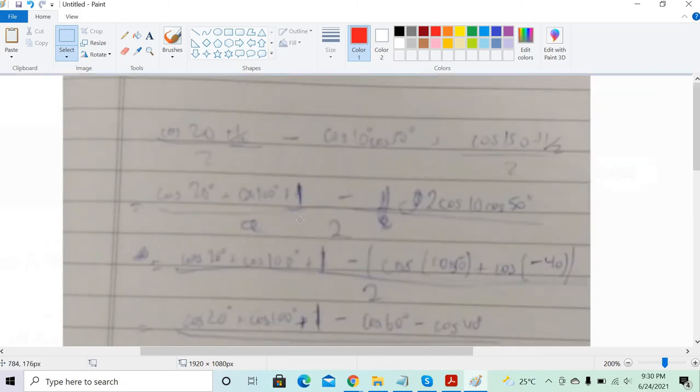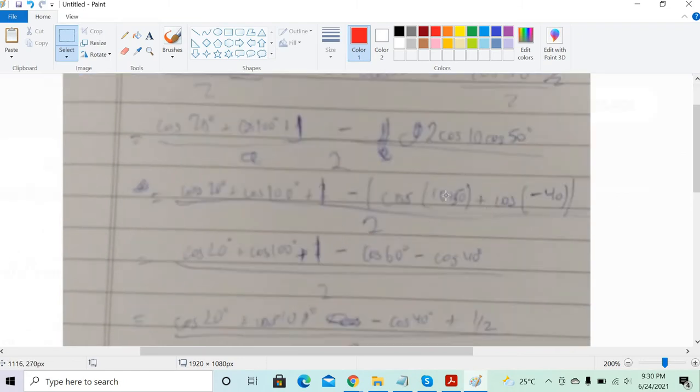This 1 by 2, where is this one? This one is separate. Okay. This one is that 1 by 2 plus 1 by 2 was added, huh? This 1 by 2 and this 1 by 2. Yeah, the whole thing is divided by 2. Okay, no problem. Perfect. So when you do it here, that's fine.